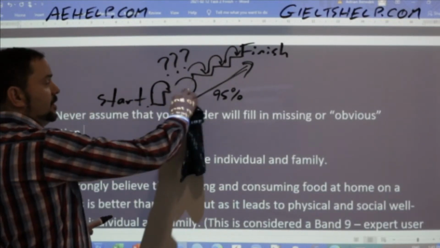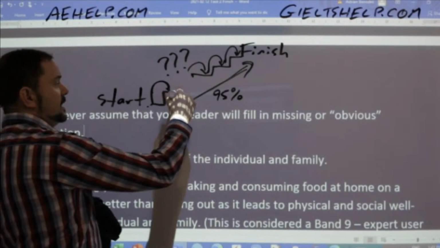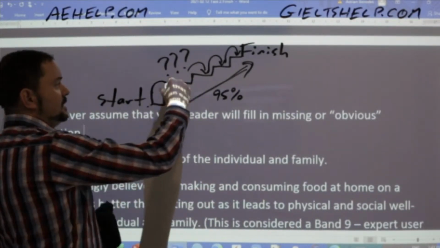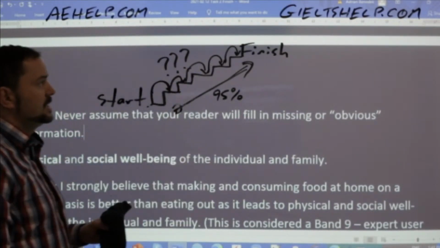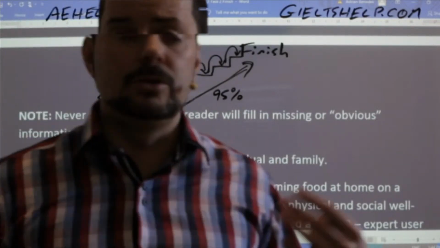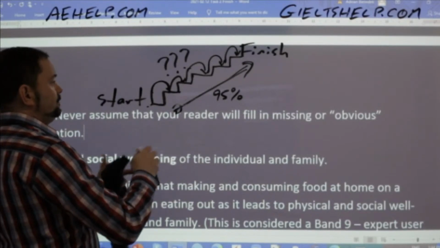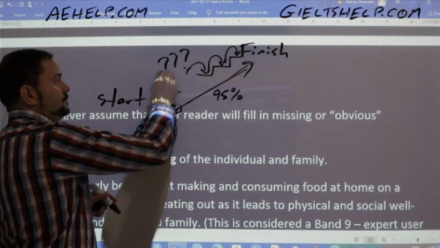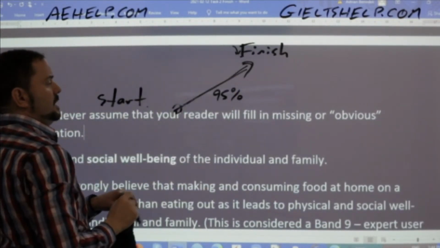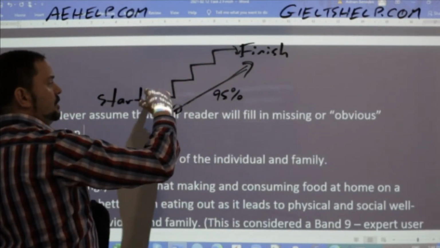Also, the other problem that often happens with students is they do repetition. So they repeat the same concept exactly the same way in the body paragraph and the conclusion. And so what happens is then the reader is kind of doing this. So you have this start and this finish, and then you have these stairs, and you have the reader doing this.